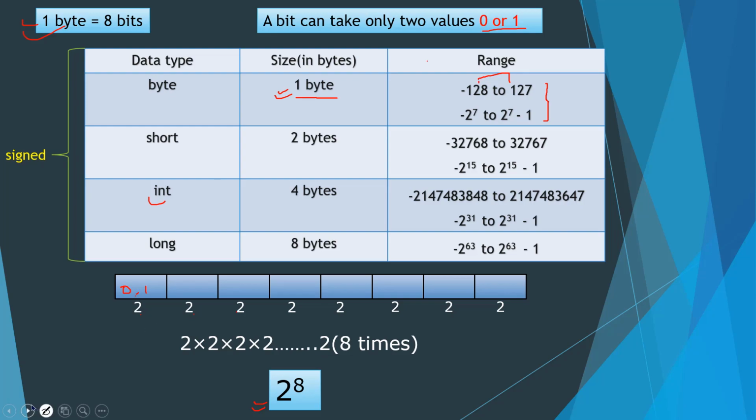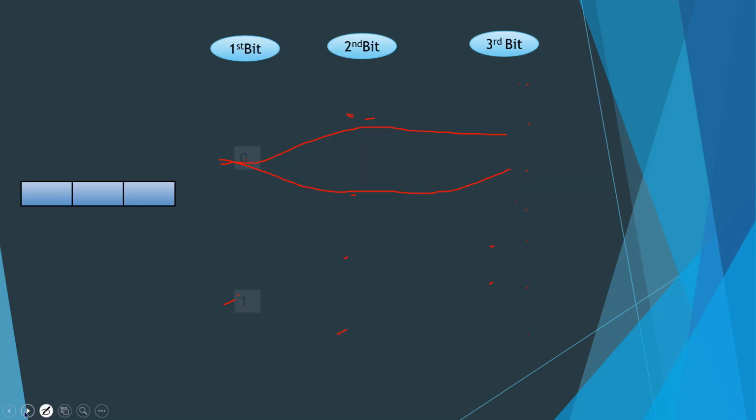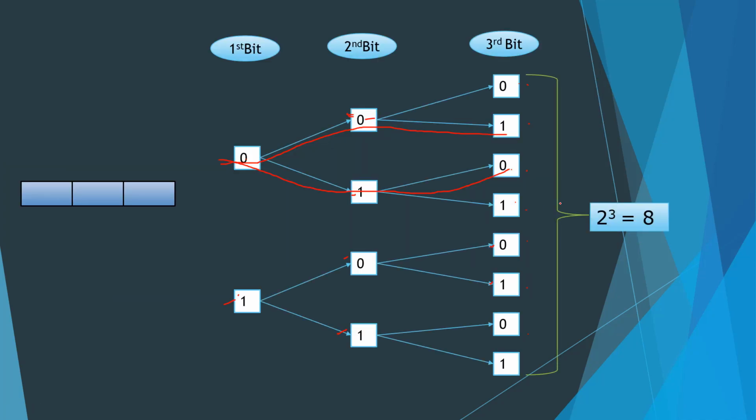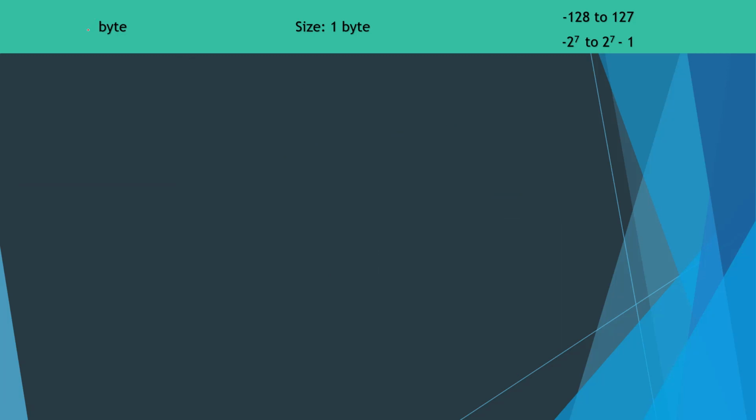So let's discuss how these ranges come about. Let me quickly go through this. We have a byte data type, and its size is 1 byte. We just found out that for 1 byte, we can have 2 power 8 combinations. So if the size is 1 byte, we can represent 2 power 8 numbers. As we know, these integral data types are signed data types, so we can represent both positive and negative numbers. So of course, I need to represent this 2 power 8